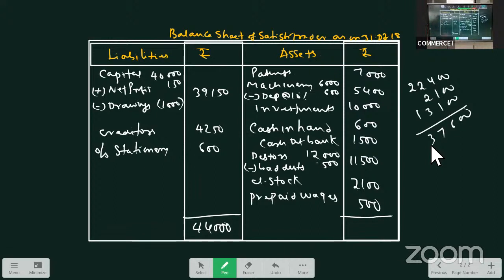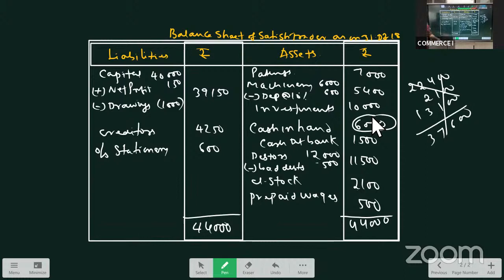Cash in hand, okay. Cash in hand is 6,000. Where I took 600 only, it is 6,000. So now 7 plus 5, 12, 22, 28, 29, and 44,000. Yes, it is correct. So what was the mistake? I took cash in hand as 600, where the actual figure is 6,000. So the total on asset side and liability side are both the same, which we should have actually,